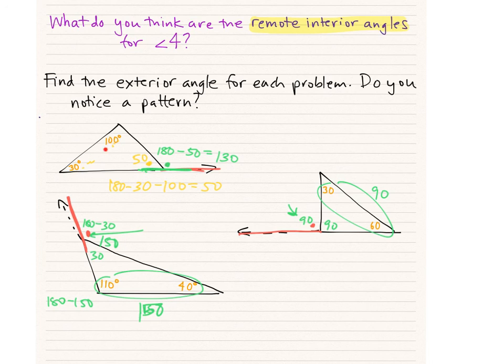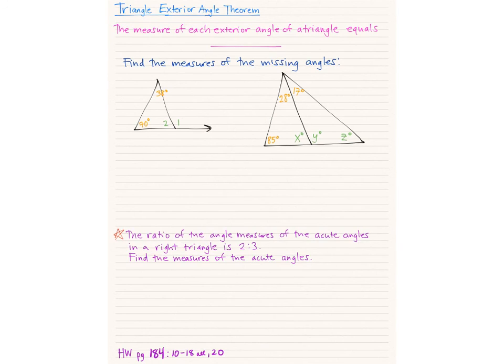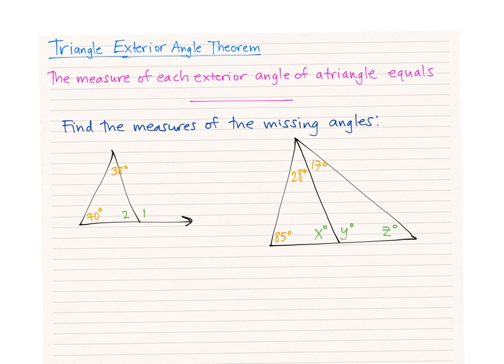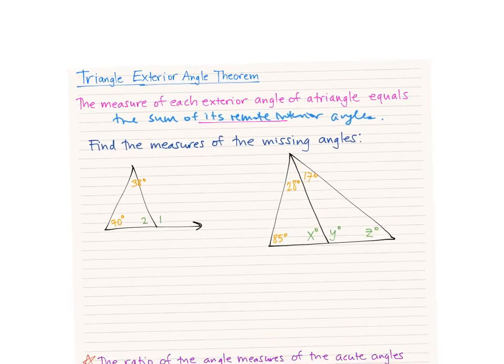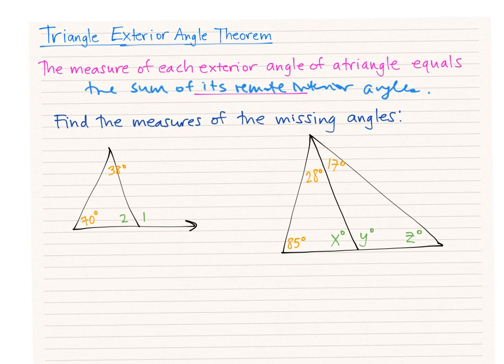And so we go back to that number. Right, so that's why that works. And here is the theorem for that on this page. This is called the triangle exterior angle theorem. The measure of each exterior angle of a triangle equals the sum of its remote interior angles. Okay, and so that helps us to solve these triangles a little bit easier than what we were doing